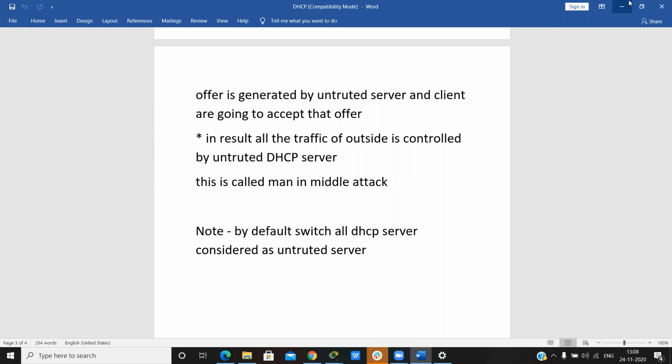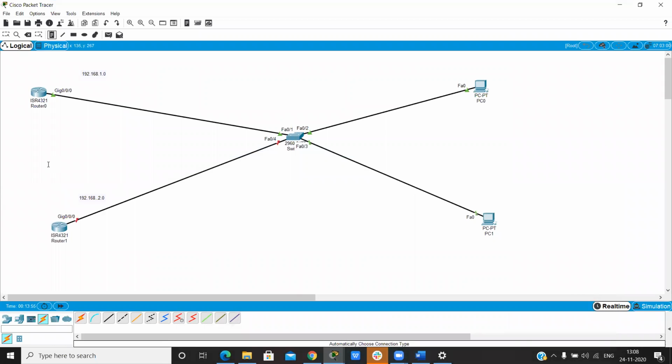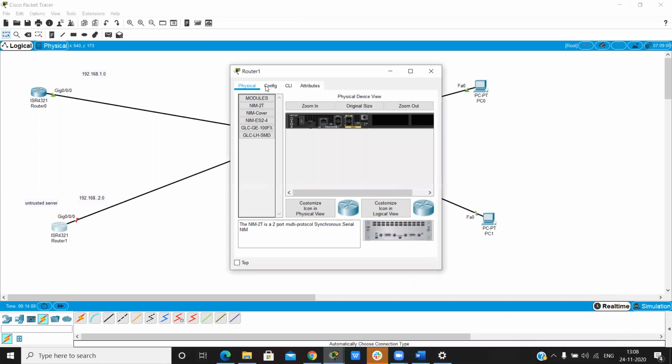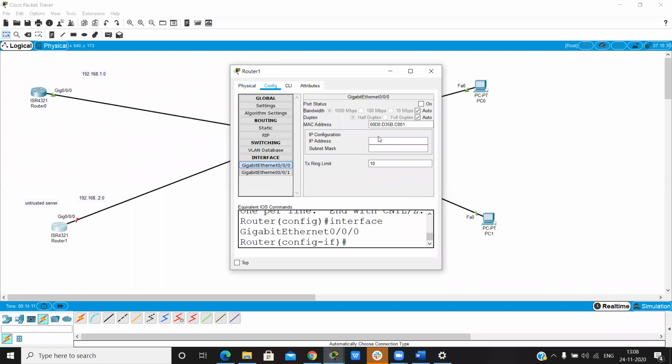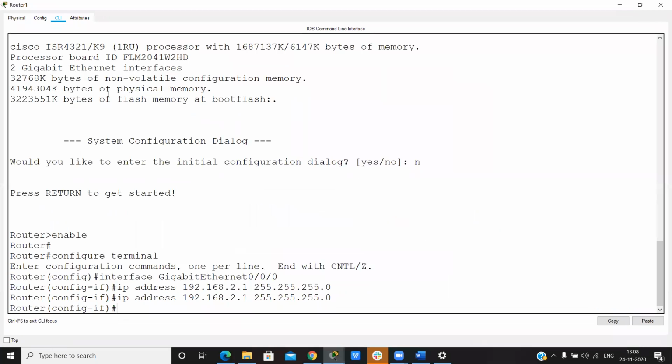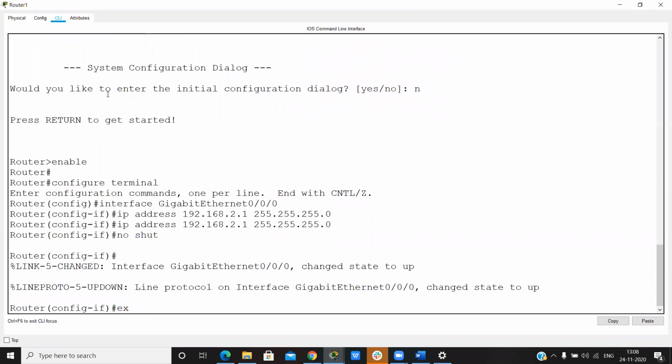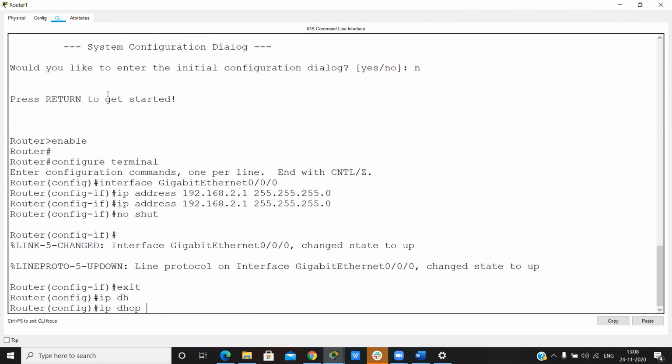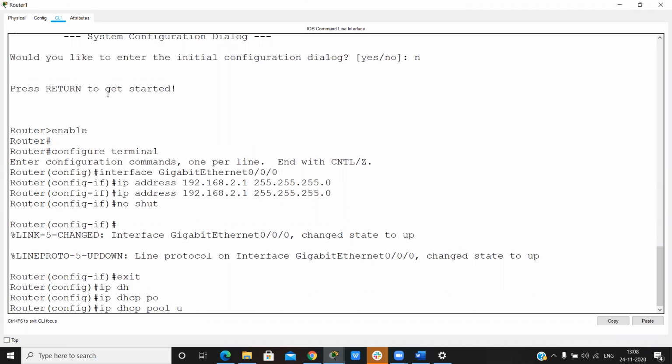Okay, so first let's make this router also a DHCP server, the untrusted server. This one is the trusted server. Firstly, I assign the IP address 192.168.2.1 and make it a DHCP server. No shutdown. IP DHCP pool untrusted.